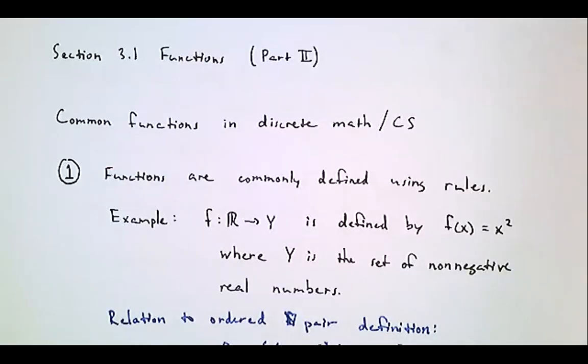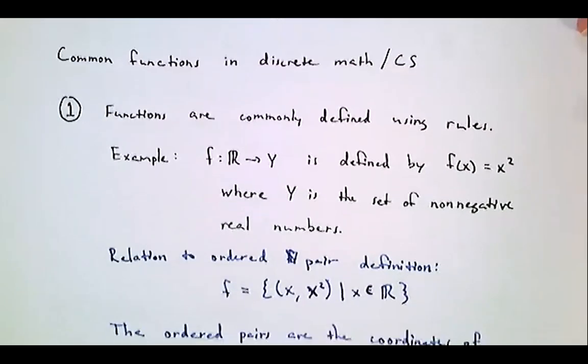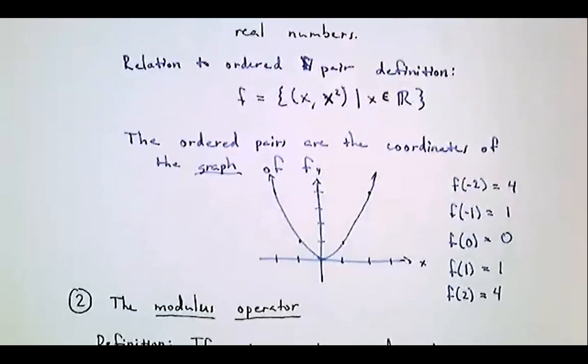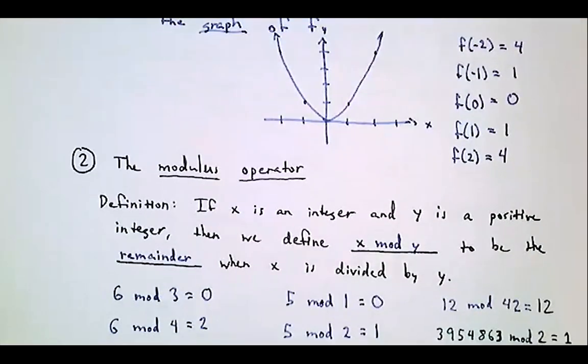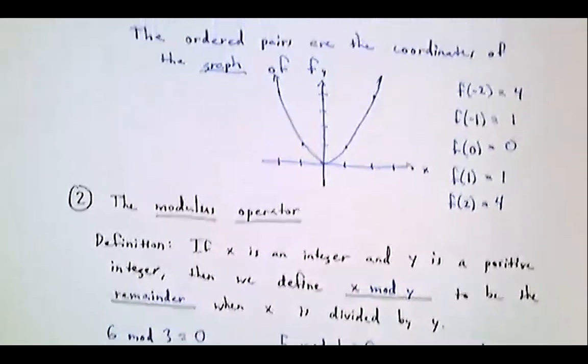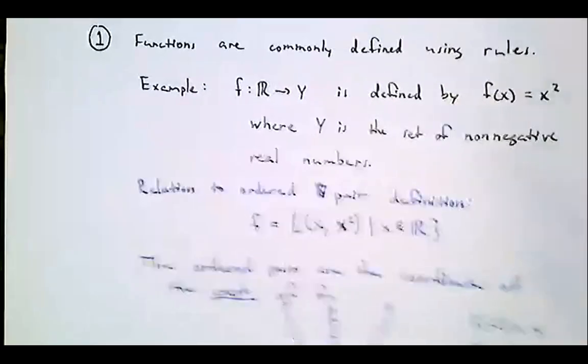So on Wednesday, we continued with section 3.1. I called this part 2, since this is a really long section in your textbook. There's lots of topics to get through and lots of functions that we want to talk about that are useful, or at least common in computer science and programming. Last time we talked primarily about the modulus operator and then pseudo-random numbers,